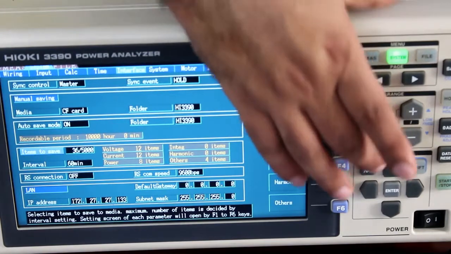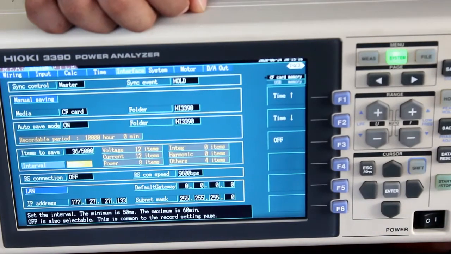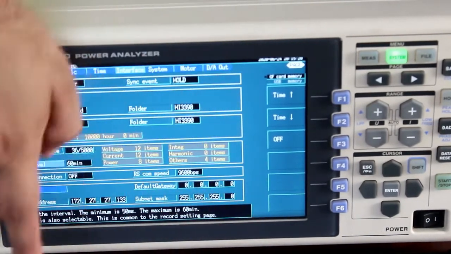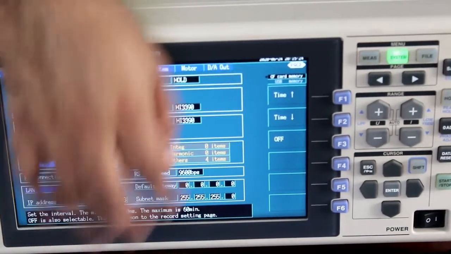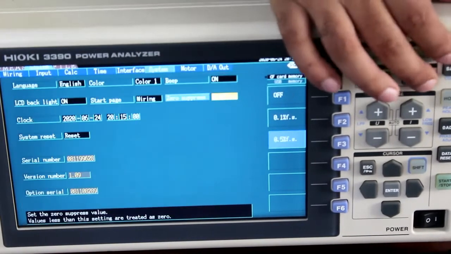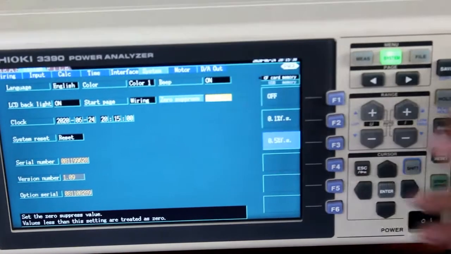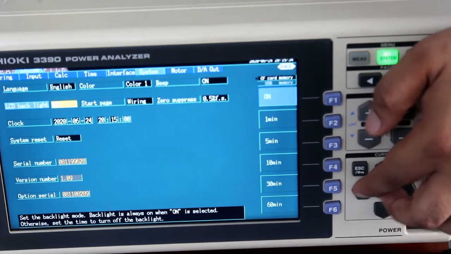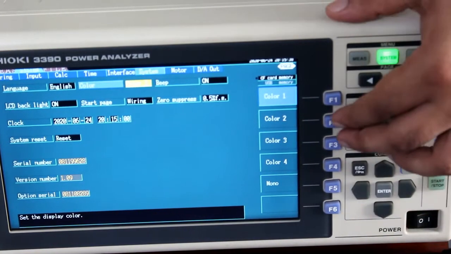Then the interval we can define, at what interval we want to save, and this is for the interface, whether we want to use LAN, RS-232, or the IP configurations can be done here. Then we can define the language and the LCD color.